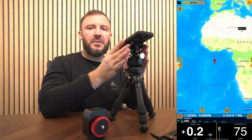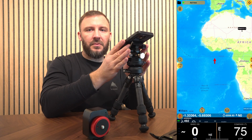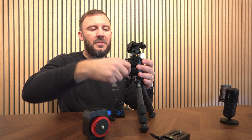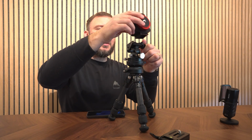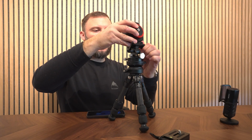using a compass and pointing that direction until it's either true north or true south for the Southern Cross in the Southern Hemisphere. Once you have that locked in, you can quite simply tighten your leveling base. As I said, make sure the leveling base is level and that you're pointing in the direction you need to be. Now the next part would be to pop on the tracker,